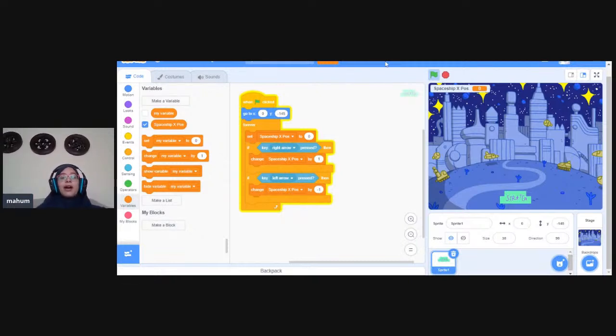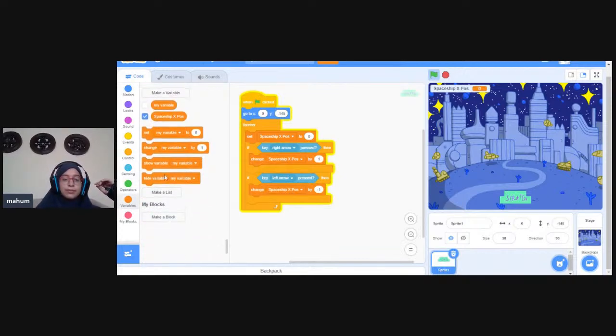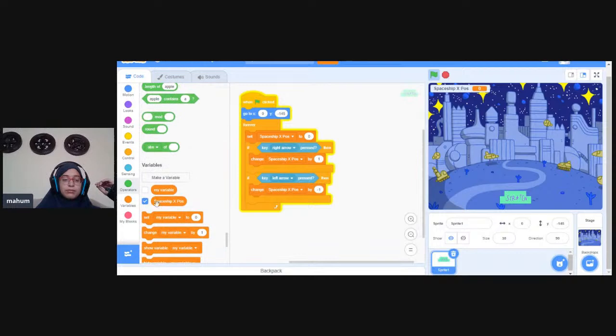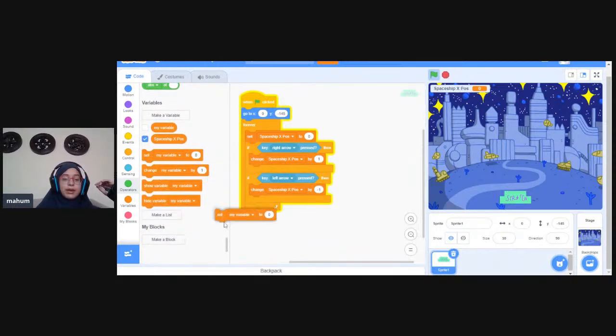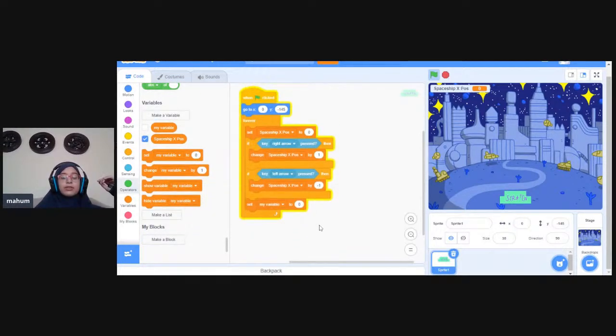So you're probably wondering, okay, how can we make it move already? So what we're going to do is we're going to grab another set statement, and we're going to put it under the if. So remember, you have your forever loop, you have a set statement, you have an if condition, and then you have a change. Then you have an if condition, and you have a change. And now outside of the if condition, but inside the forever loop, you have a set space position to,